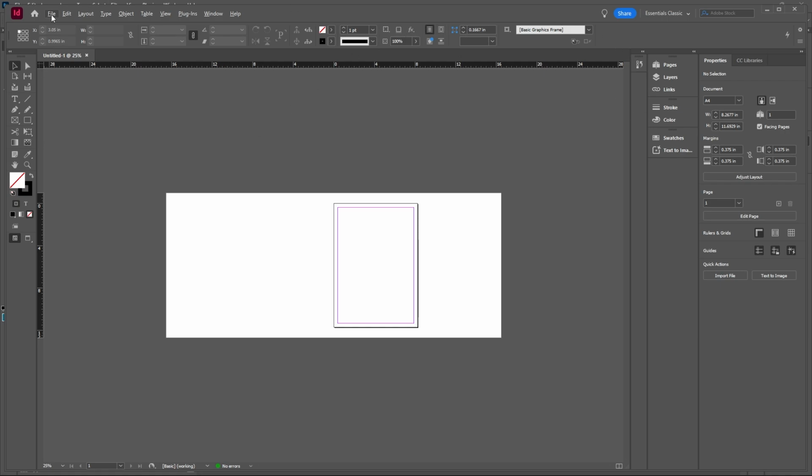This is the interface here. At the top there is a row, it is showing here. This is your menu bar. So the menu bar: File, Edit, Layout, Type, Object, Table, View, Plugins, Window, and Help. A few things are new for you. The Table option is not there in the previous softwares, right? And the other things are there. So Layout is also new for you,